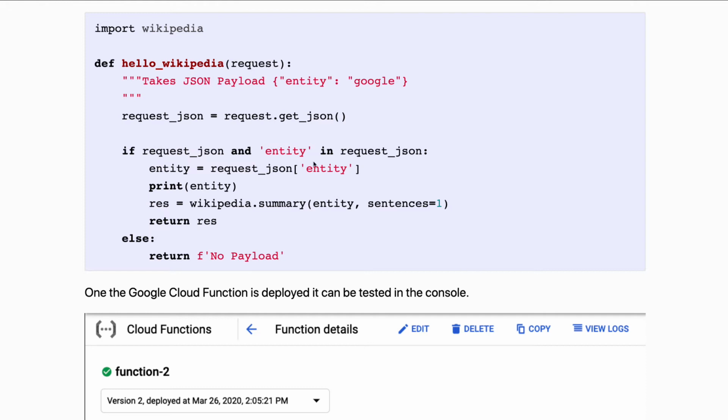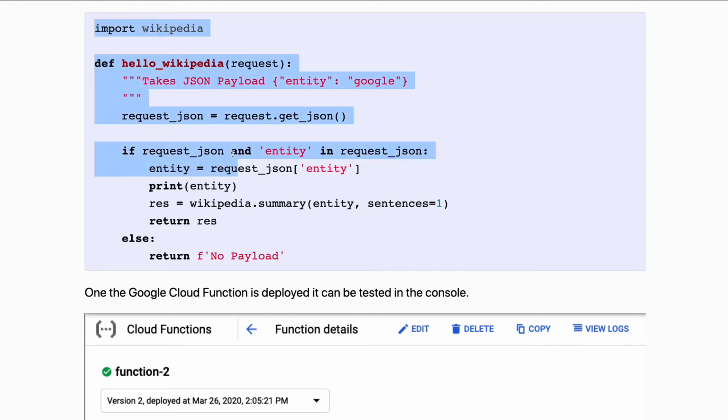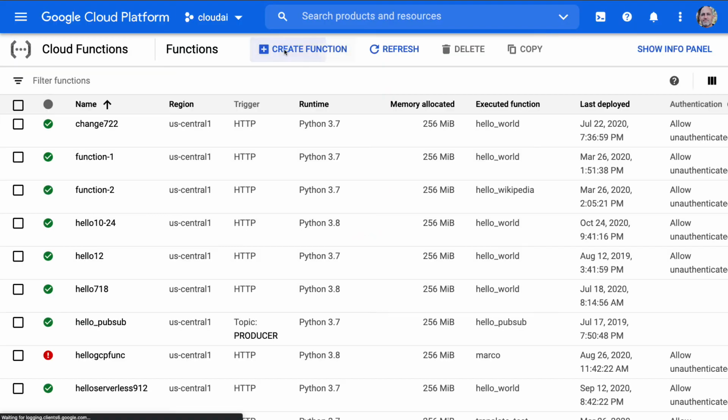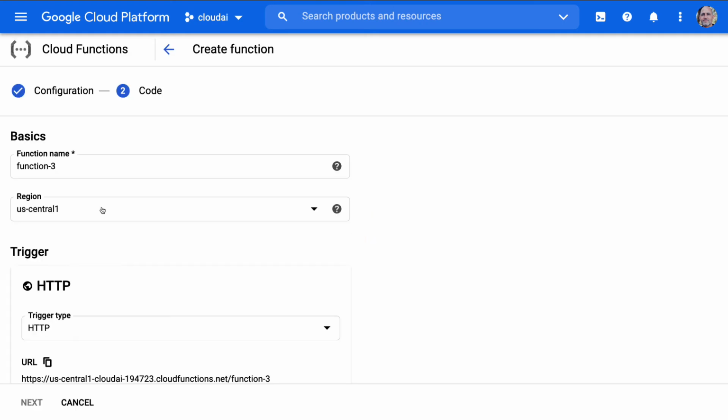And in this case, what I'll do is I'll use this Wikipedia function, which is a little bit more complex in that it will use a third-party library now, and it will grab a web page, and then I'll be able to actually build off of a more complex example. So what I'm going to do here is go back to this, and I'm going to build a new function. We'll create a function here, and we'll call this Wikipedia